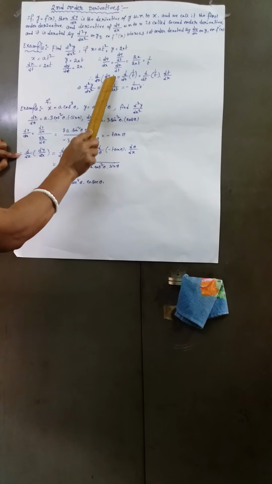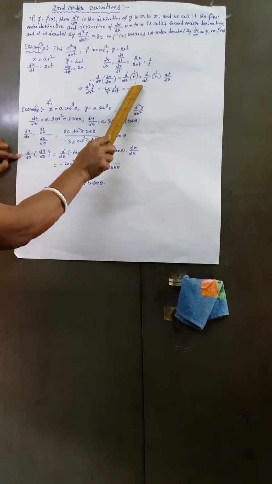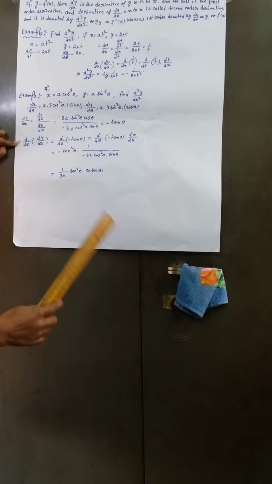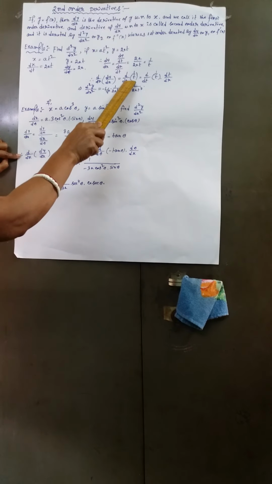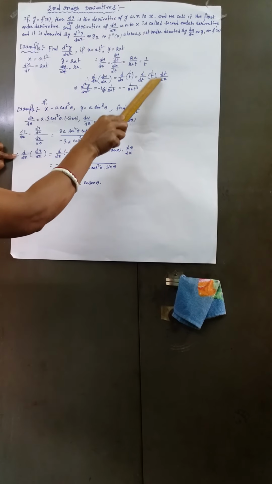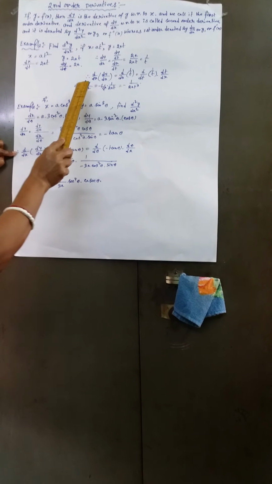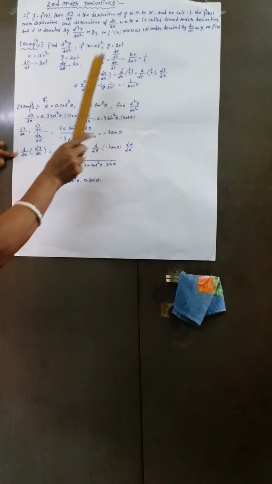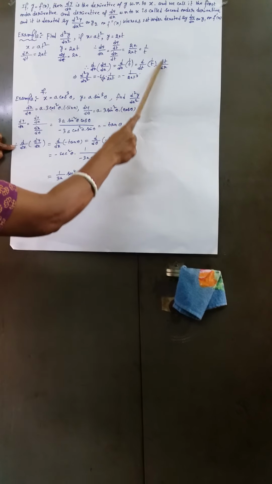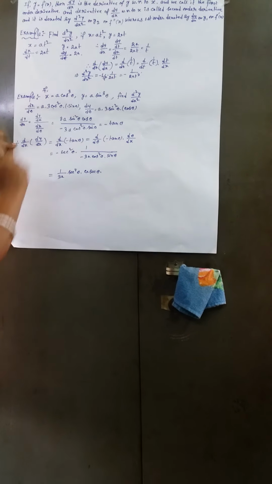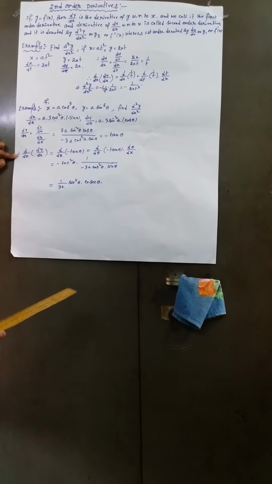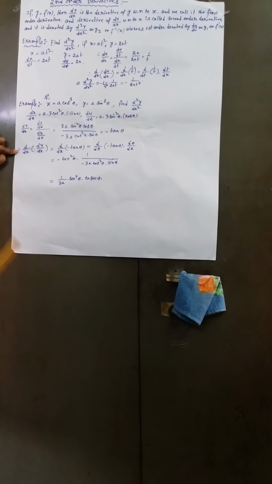then d/dx of dy/dx, that is equal to d/dx of 1 by t, that is equal to d/dt of 1 by t into dt/dx, because we cannot derive t with respect to x. So we have to derive it first with respect to t, that is d/dt of 1 by t, into dt/dx. Therefore d2y/dx2 is equal to minus 1 by t square into 1 by 2 a t. In place of dt/dx, what would it be? 1 by 2 a t. Therefore it is equal to minus 1 by 2 a t cube. This is the answer. This is the second order derivative.